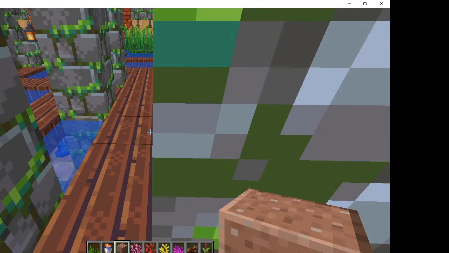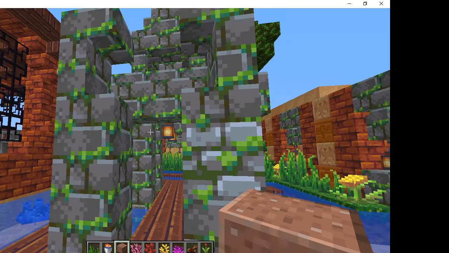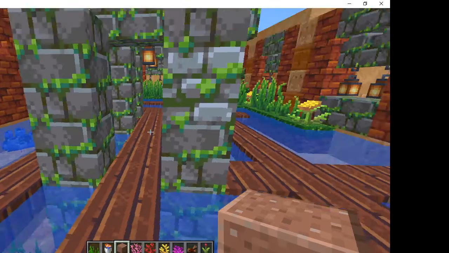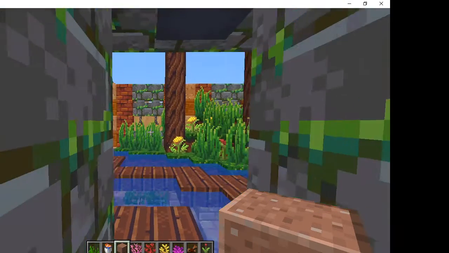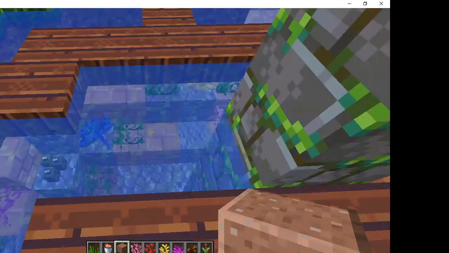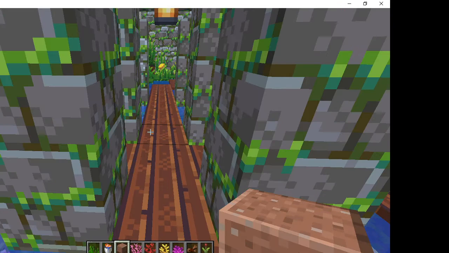You may also notice that I have a few other structures throughout the maze, the sort of ruin style stone, and I had so much fun making these. We have this one that's an actual building, then we have a few wall-like ones, and we actually have...